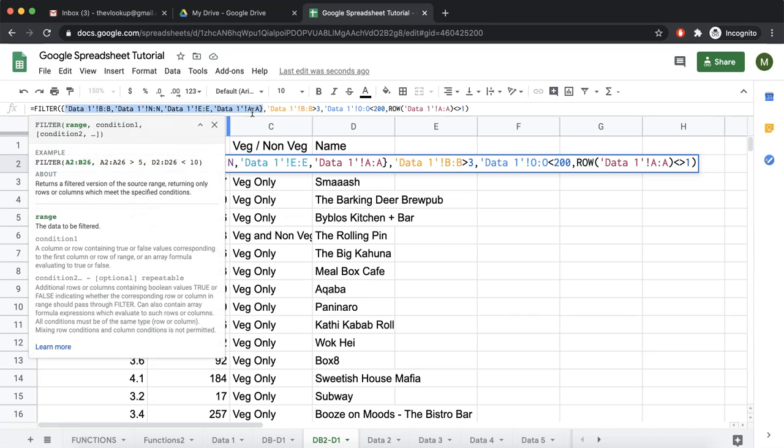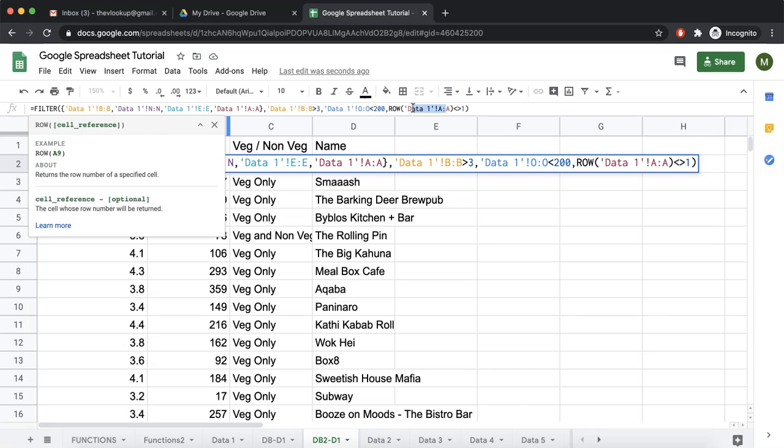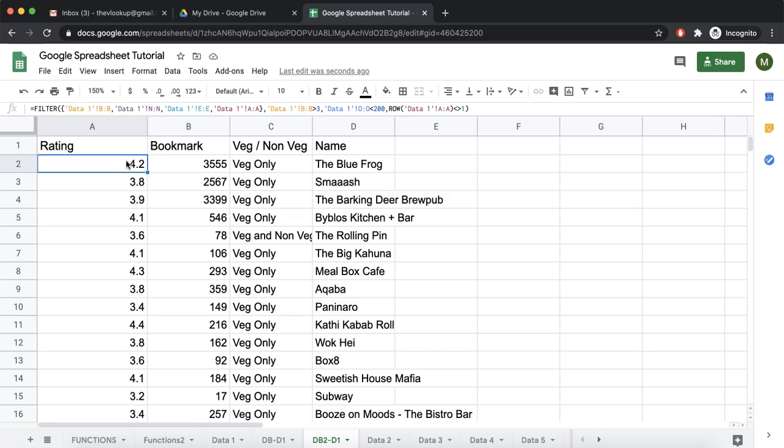So column B, N, E, A. Now it is going one by one on each row and checking, is this satisfying? Like column B is greater than 3. Is this satisfying? Is this satisfying? If yes, then it is printing that row over here. Then again going to the next row in this. If it is not satisfying, it is not taking that data.